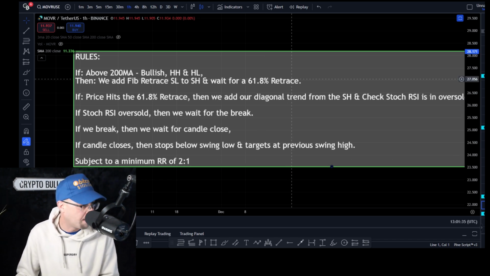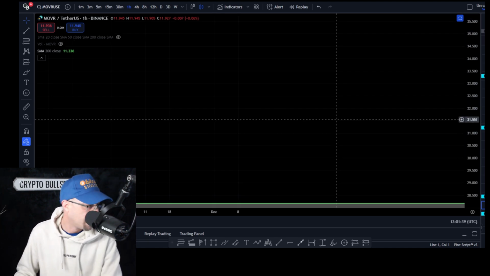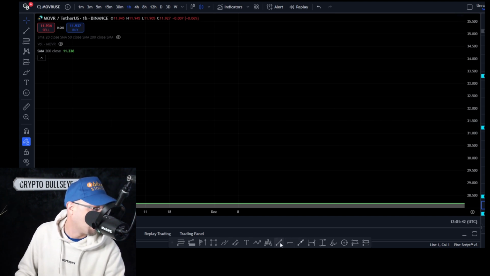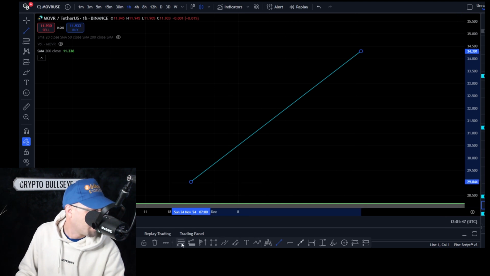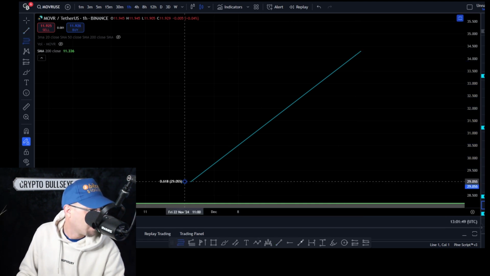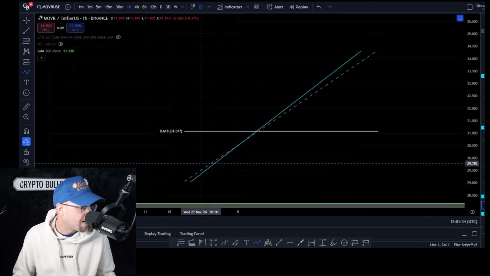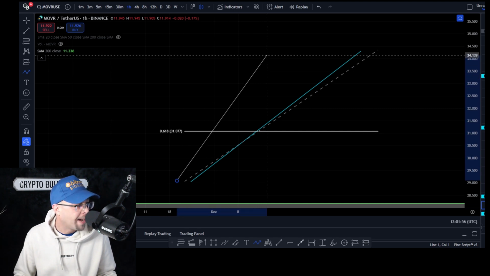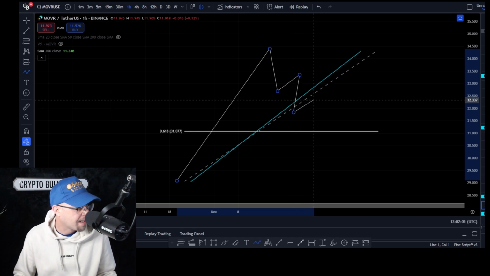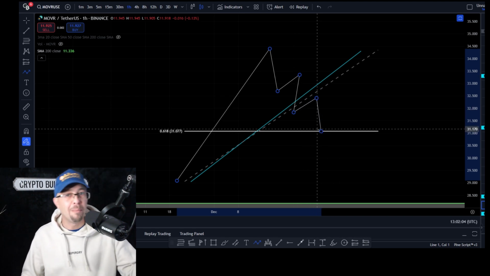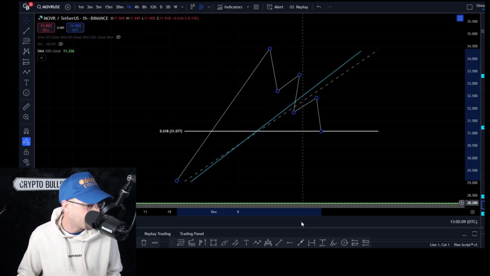Let me show you what I mean by that. Because this is the important thing, guys. This is take profits and this is stop losses. So let's stick it back on there. We'll stick the trend line back on there. Got the trend line. You've got your 618 retracement, and we're waiting for price to do this. It's come in, pull back. And as it's doing this, we want our stochastic to be from overbought, pulling back into oversold, resetting the indicator. Then we would be adding our trend line here.